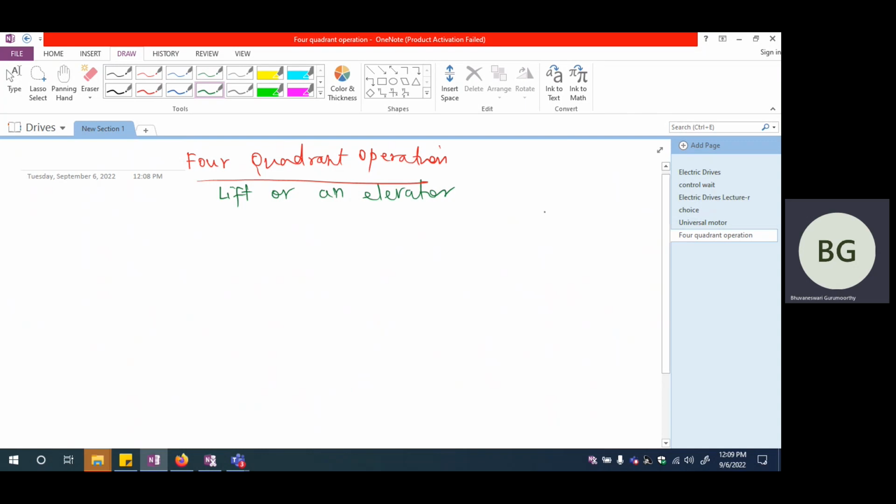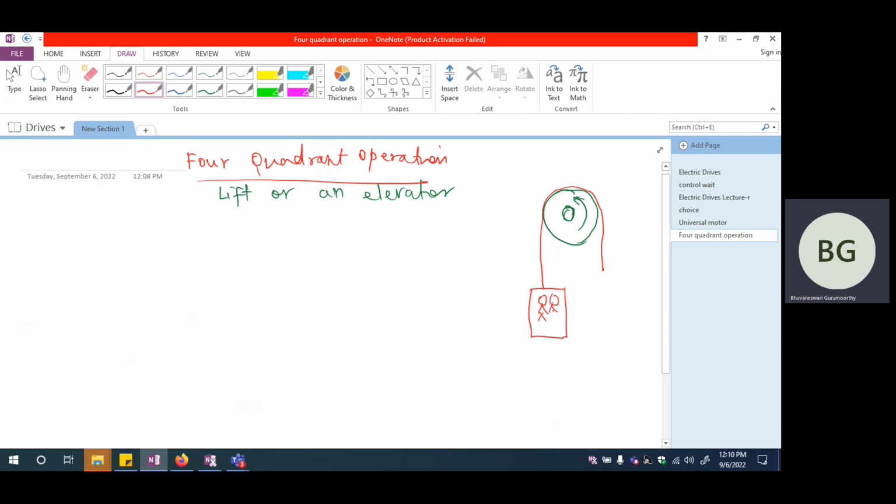An elevator mechanism is going to have a cage in which generally people might get in. And it will have a rope which is actually hanging this cage through a pulley. So let me probably draw it a little better. So I'm going to have a pulley here. And this pulley is going to be connected to a motor through a shaft. So the pulley is rotating in one way or the other, depending upon whether the cage is going up or down. Now here is going to be a rope. The rope will be made up of, in all probability, some kind of metal fiber. So this is going to have the cage on one side,